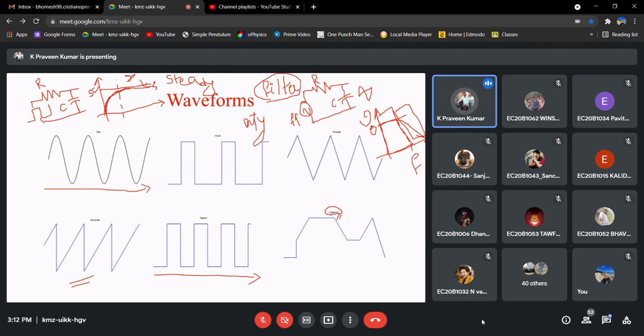In that case we want to give a sinusoidal signal. Whereas for the other kind of response, we have to give a square pulse. This is the basic thing that we have to know. Whenever we are testing a circuit, we have built the circuit. In both cases it is the RC section only. The circuit is the same, but it depends on what we want to observe from it. If you want to observe these kinds of responses, we have to give one signal, and if you want to observe this frequency response, we have to give sinusoidal signals. That is very, very important. Is it clear up to now?